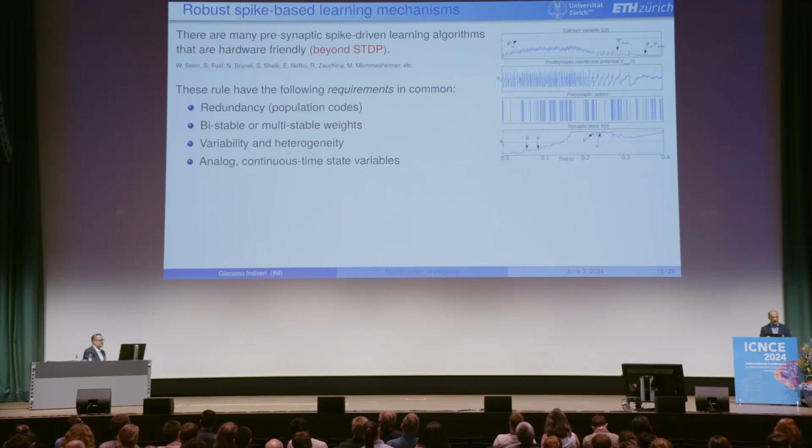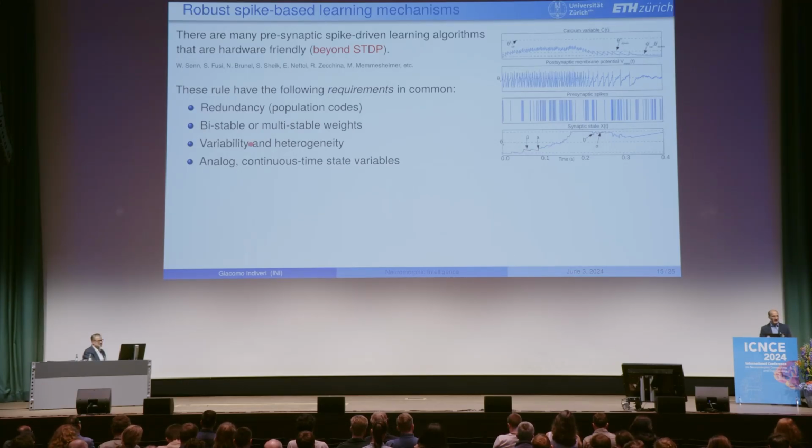But if you do have this bistability, it's important also to have variability. So variability from these papers, from these authors, is a strict requirement. It's not something you have to get rid of. It's something you need to implement. And variability is something we get for free in memristive devices in CMOS. Then there's the question of how can we control the type of variability. But at least it's there.